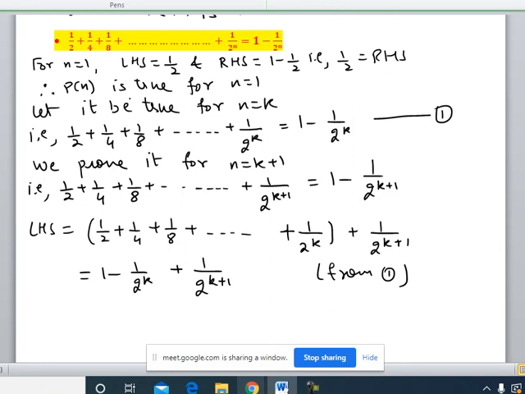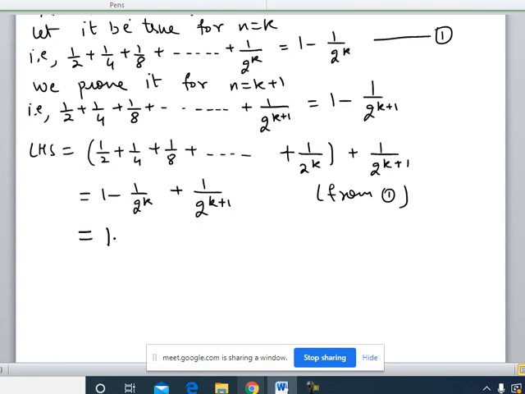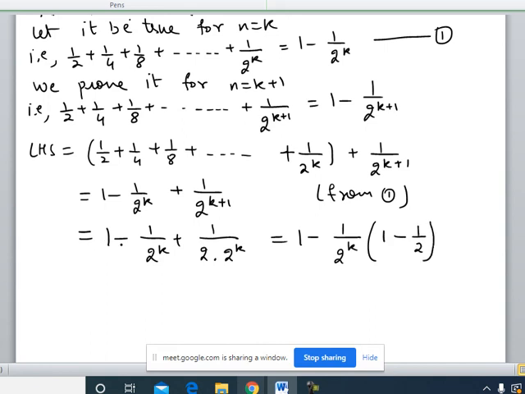So you check from the last two terms, can you take something common? See, it can be done very well. Let this be as it is. 2 to the power k plus 1, we can write it as 2 into 2 to the power k. Now you see what is common among these terms. You will find 1 over 2 to the power k we can take common. I have taken minus also common. So here I am left with 1 and in the later part minus 1 by 2 because minus is being taken common. So 1 minus 1 by 2 is 1 by 2 only. So we get 1 minus 1 over 2 to the power k getting multiplied with 1 over 2.